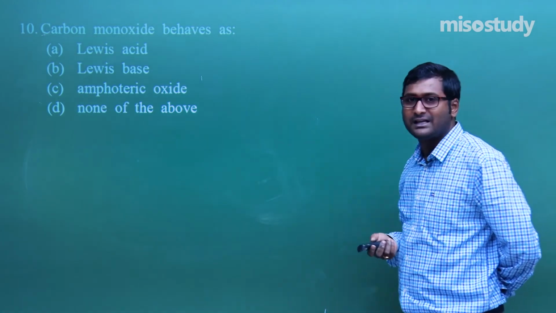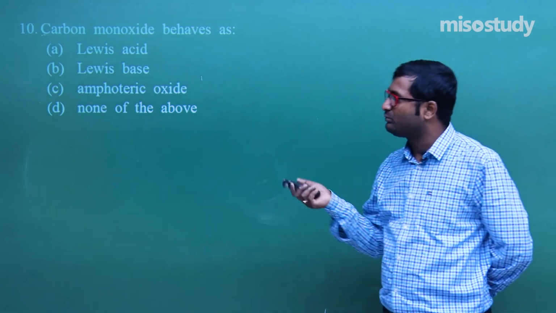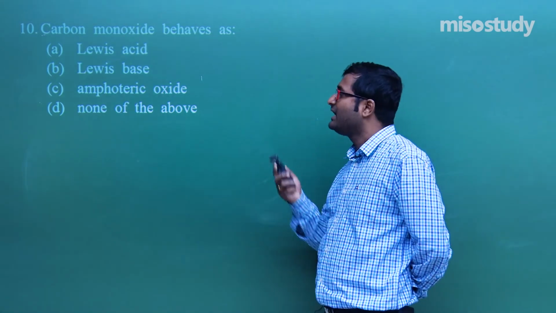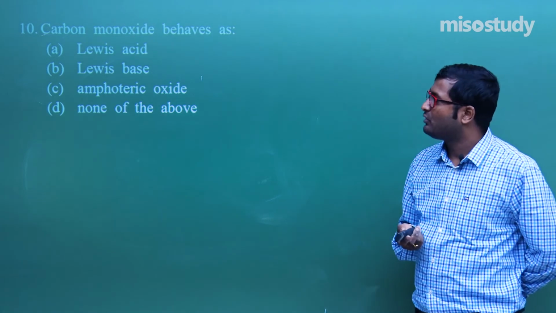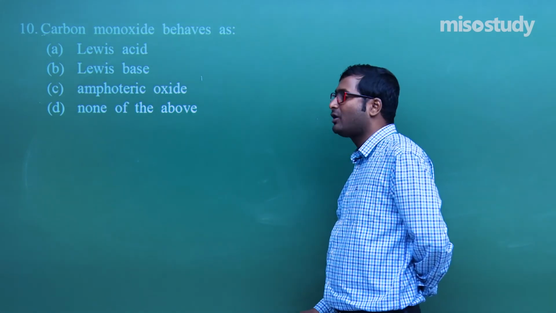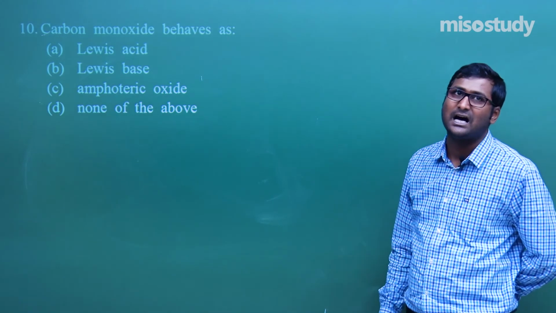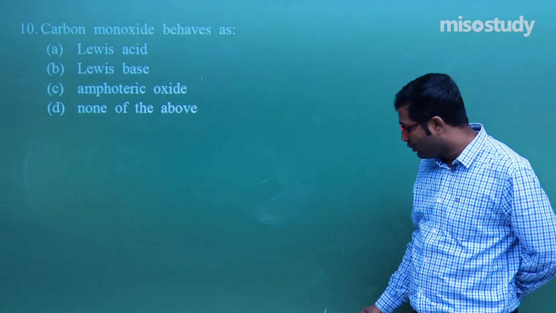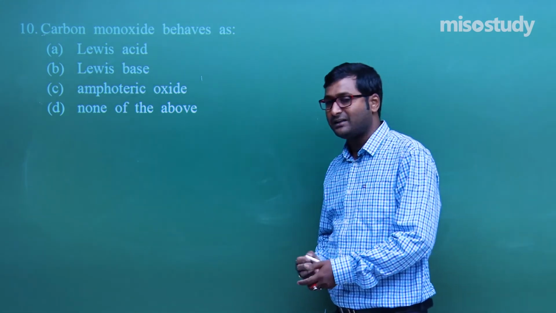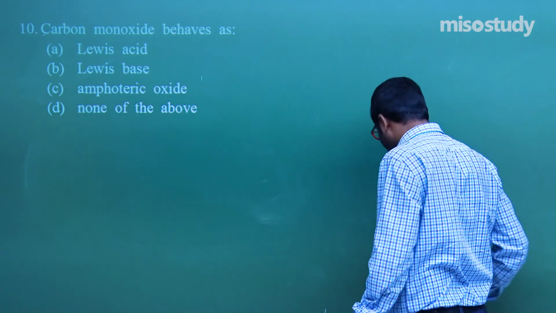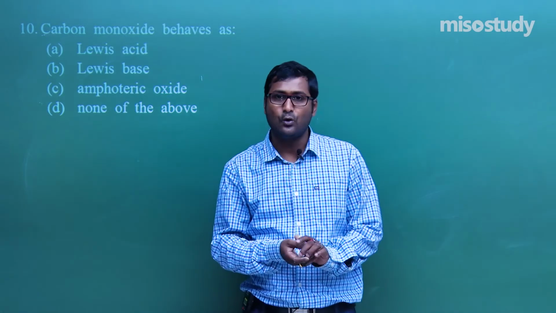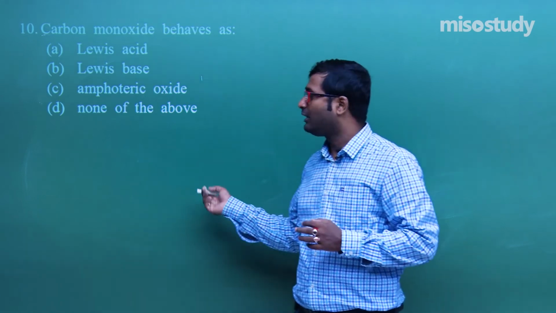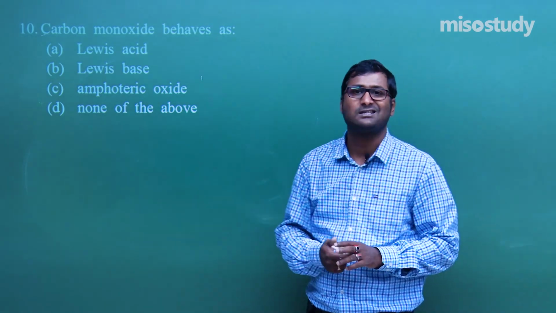Now carbon monoxide, as I told you, in class 12 there is coordination chemistry, and in coordination chemistry I will definitely discuss carbon monoxide acting as a ligand. Ligands are electron pair donors and will act as a Lewis base. This is the option. So friends, I think now you can easily solve such types of questions. If you have any doubt, follow my lecture, check out my lecture and solve these questions, then definitely you can solve such kinds of questions.